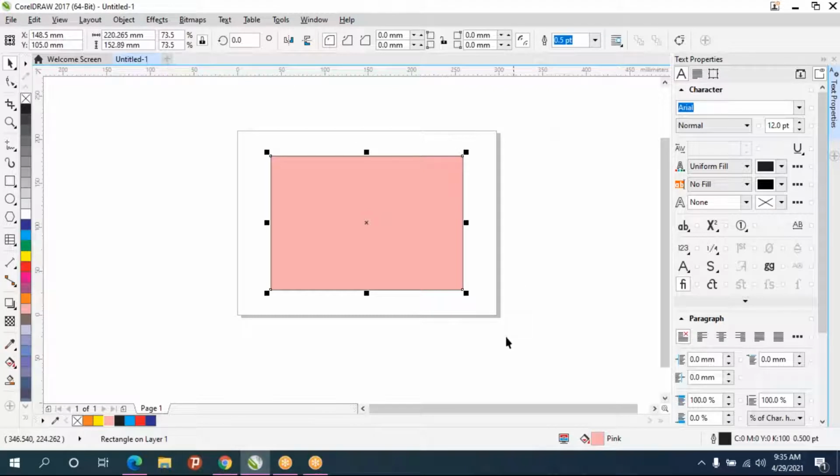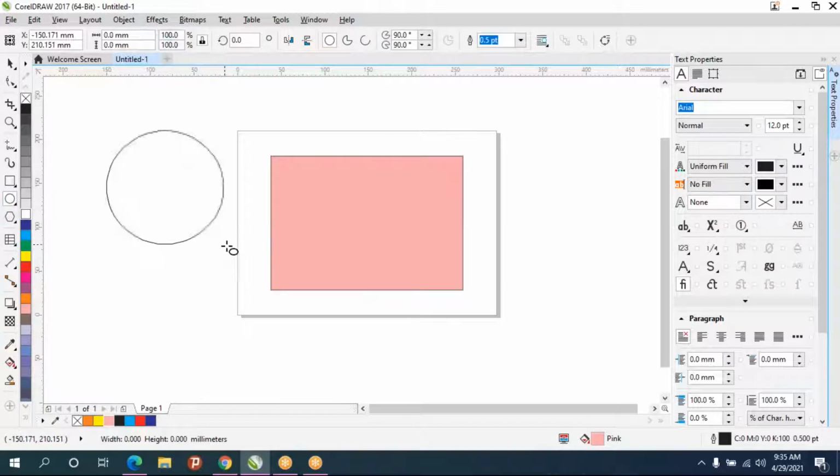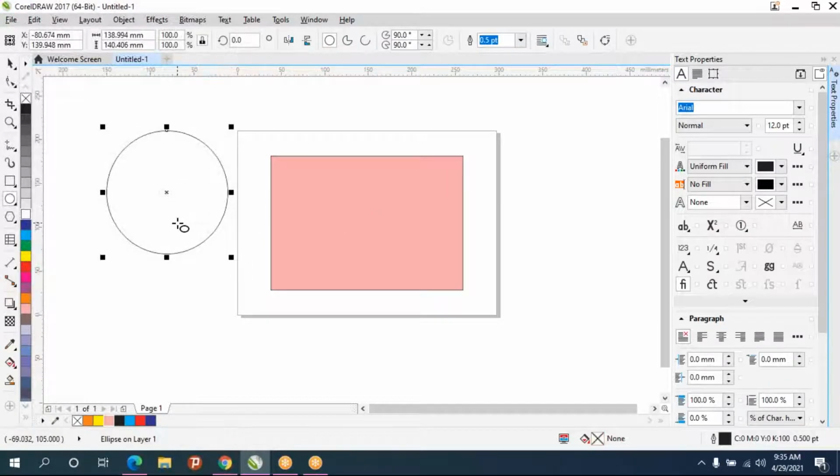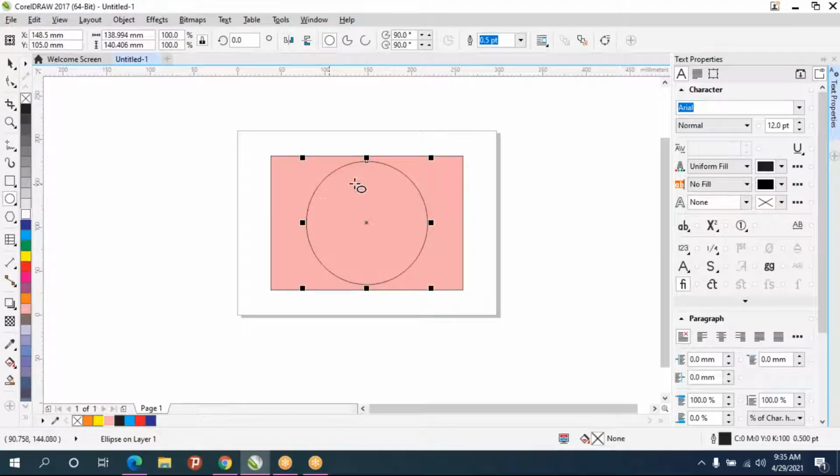Center of the page means this center and that center will be the same. For example, I'll draw a circle over here, and if I press P, it automatically comes back to the center of the page.